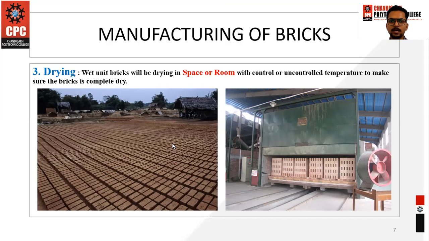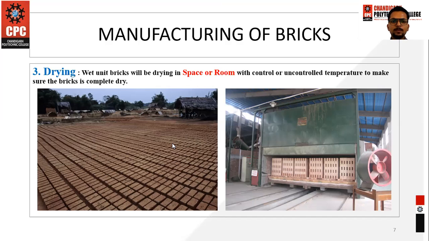And the one disadvantage of artificial is it contains energy, it contains fuel. आपको electricity power चाहिए होगी और fuel consumption चाहिए होगा उस hot air को blow करने के लिए, dry process के लिए. Whereas the advantage of the artificial is it can be done easily and rapidly. आपको जब large amount में if you have to achieve a large amount of bricks in a shorter span of time, you can achieve a high amount of dried bricks via artificial drying. Artificial drying is the most suitable and quick method.